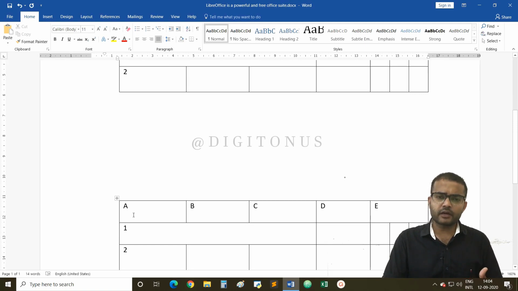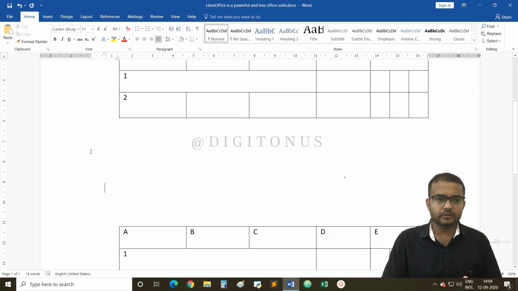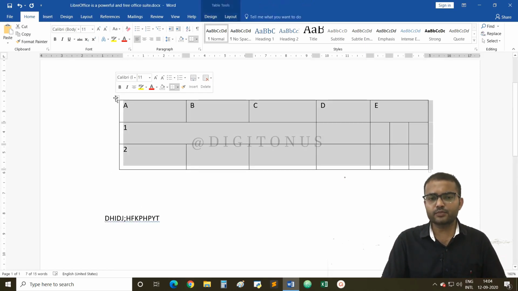Now next option comes, that is moving. What do you mean by moving? Moving means to move a table from one place to another. Suppose something I have written here, I want this table not at this position but on a new location. So in that case I will move it. So for moving we have command that is cut and paste.